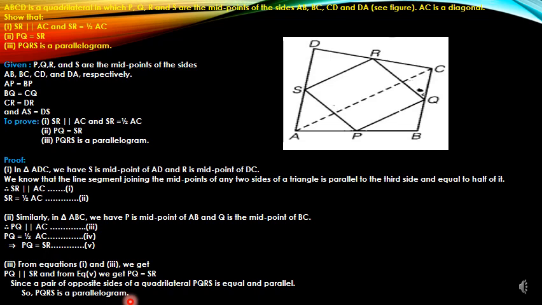So, such questions can be asked for 3 marks in your test or your examination. You should be writing all the steps in detail. Don't skip writing the reasons. Statement and reason both should be written in detail. No using short forms. Whenever you use the reason as midpoint theorem, either you have to write the statement completely or you should write the words "from the midpoint theorem" completely. No using any abbreviations. Hope it is clear to you all how to prove all these 3 in this question.